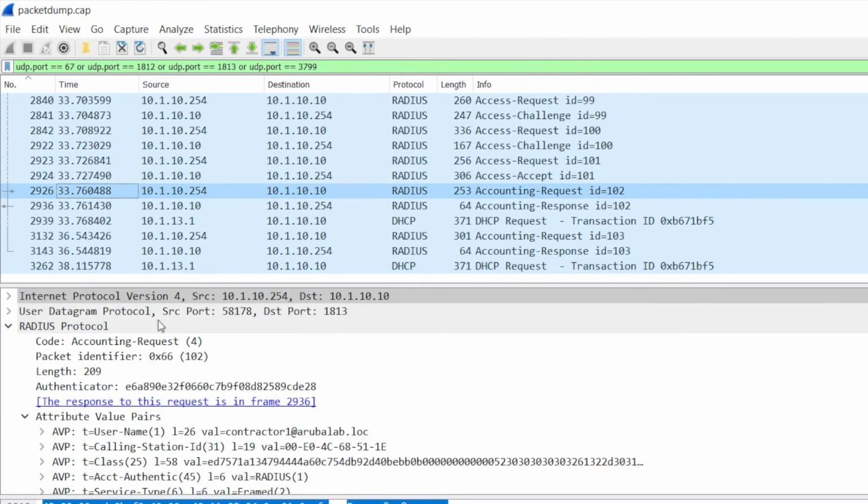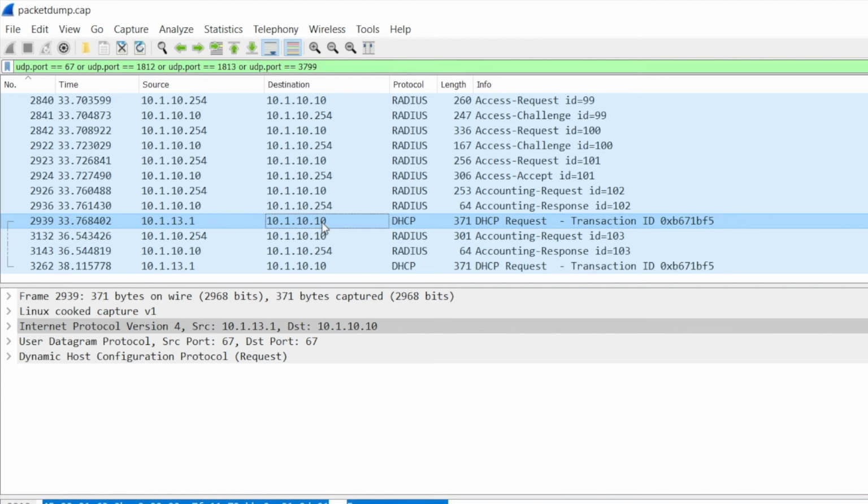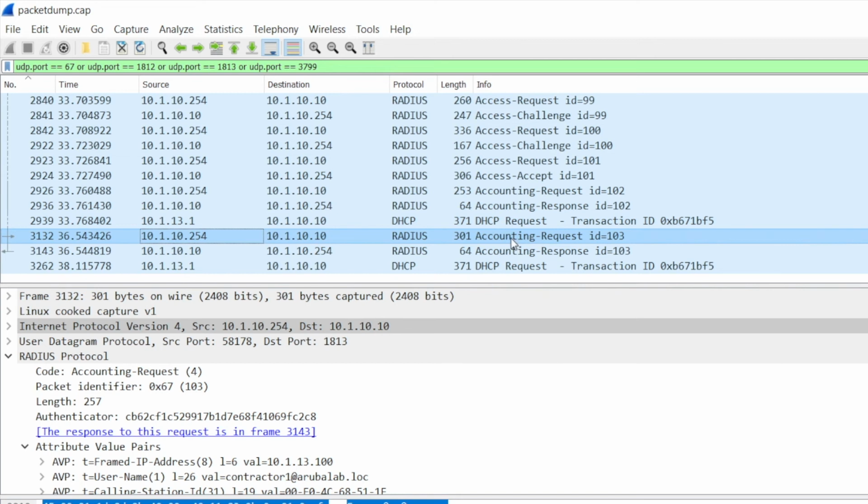Then immediately after that we see a RADIUS accounting start. Then we see the DHCP request. If you have a failure with the switch configuration or firewalls in between, you will not see that, and then Profiler will not work. So this is good. Then a few seconds later we can see the accounting, and in that accounting packet we can see the framed IP address.